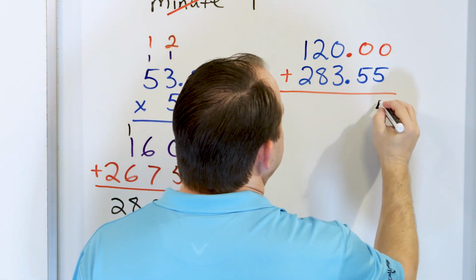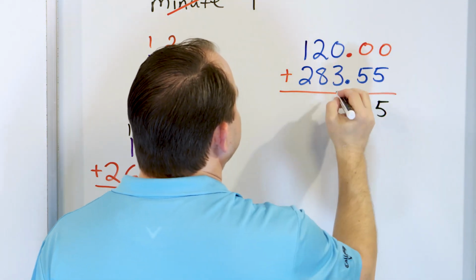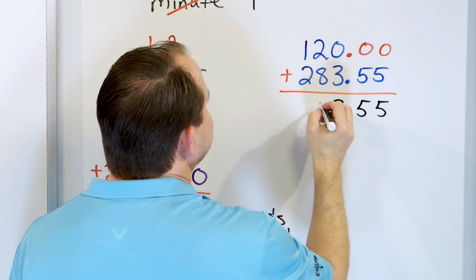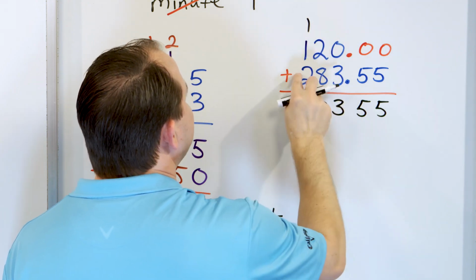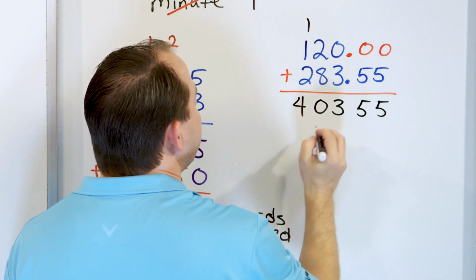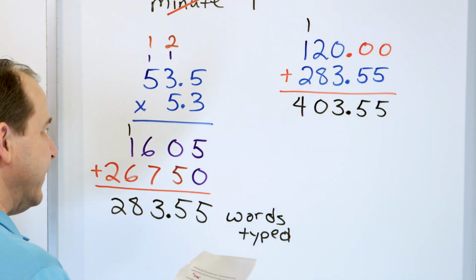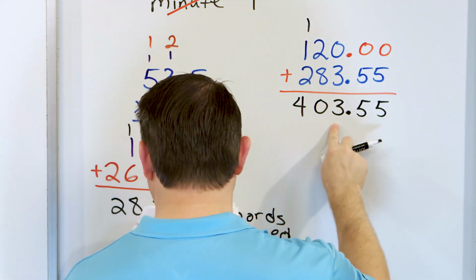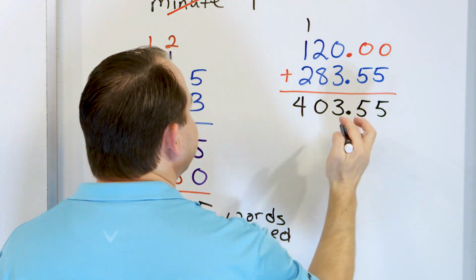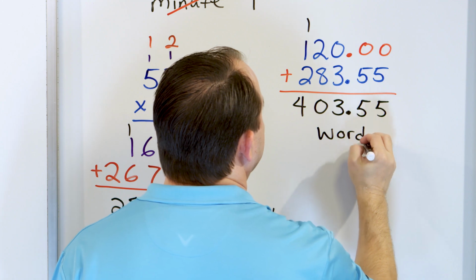The 5 drops down, the 5 drops down, the 3 drops down, 2 plus 8 is 10, and then 2, 3, 4 goes here, and the decimal just drops right down. So what have I figured out? The total amount of words on the page is 403.55 words total